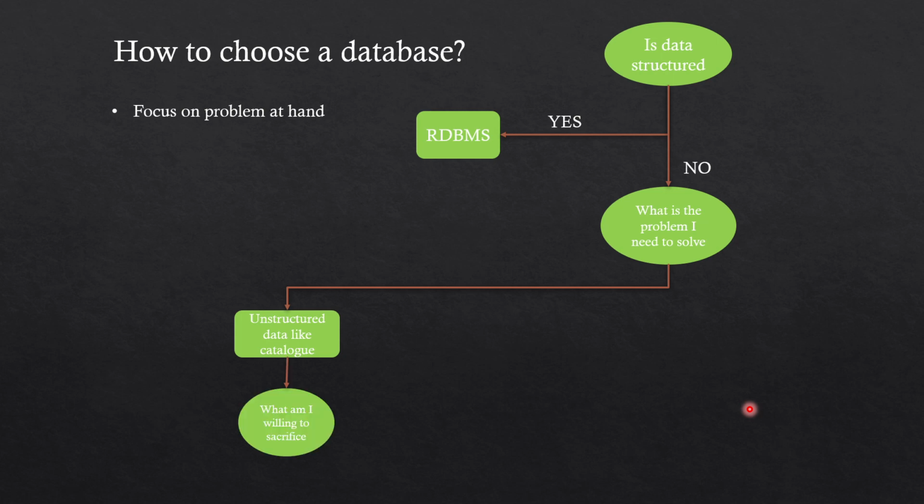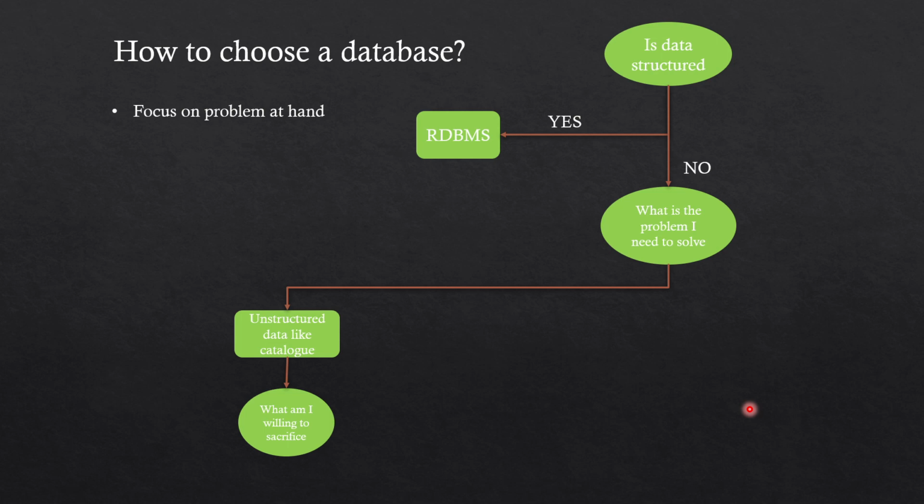The next question that you have to ask is, what is it that you are willing to sacrifice? Now you know about the CAP theorem. There is a video that I made on the CAP theorem also. The link is there in the description. It's there in the card also on top. So if you are dealing with unstructured data and you know your data will come in the form of JSON, then the question that you have to answer is, out of consistency, availability and partition tolerance, which one is the least priority for you, without which you can live?